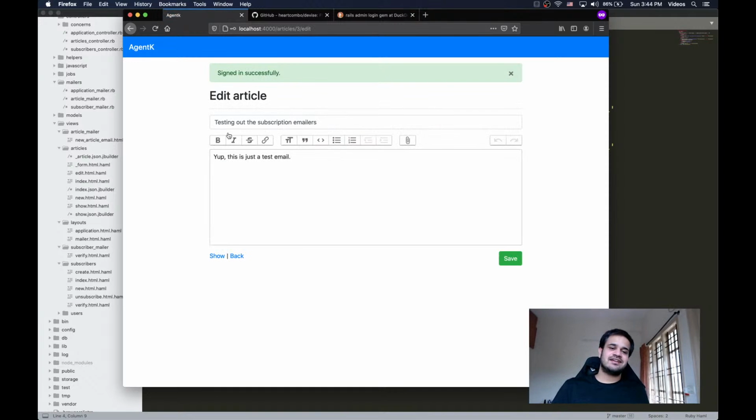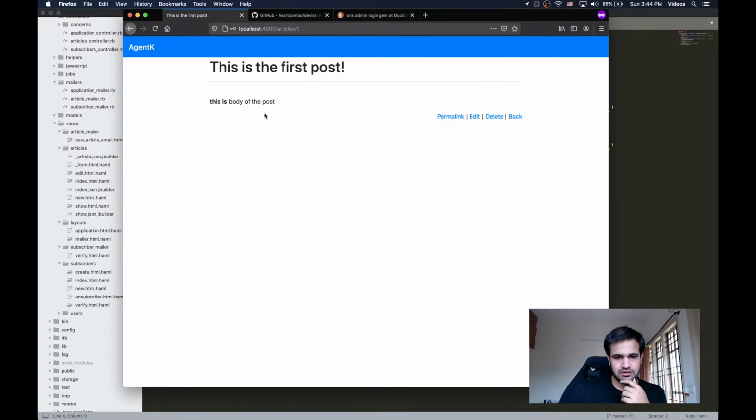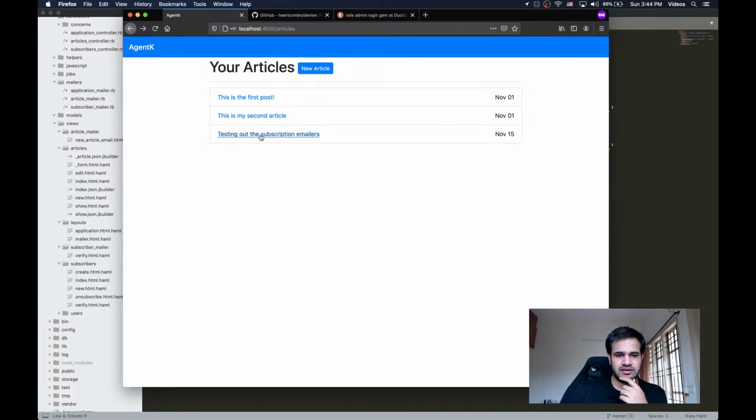It says signed in successfully, and now again I edit the article and do a bunch of things. So I can just show like this, new article I can open. I can also delete if I want, but I'm not going to do that. But yeah,